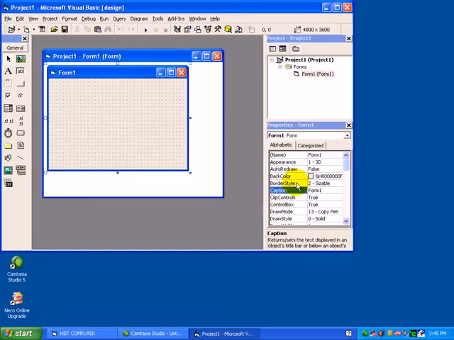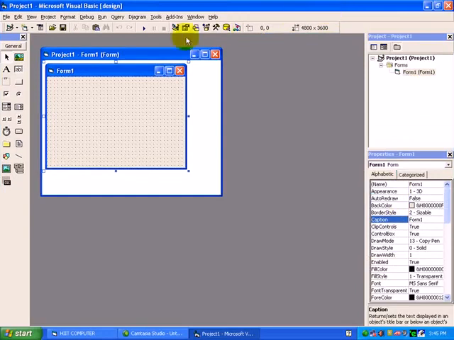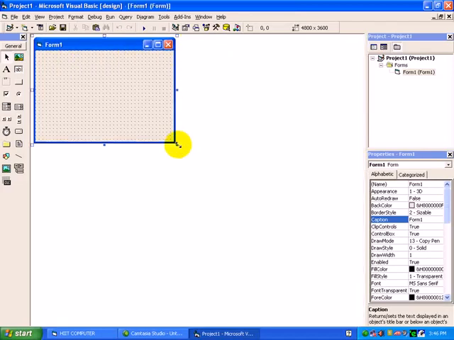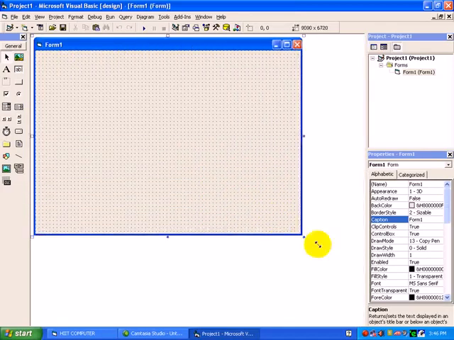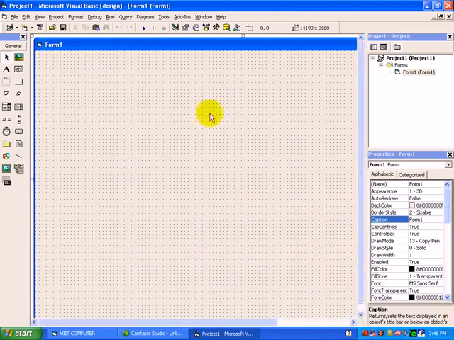Yeah, we have just now entered the Visual Basic 6.0 screen. We will just maximize it. Fine. See here, by default Project1 is there, and under Project1, Form1 is there. Project means collection of forms, or in other words, collection of information is known as project. Just maximize the project screen. We will increase the size of the form also, as we have to design our application inside this object window.